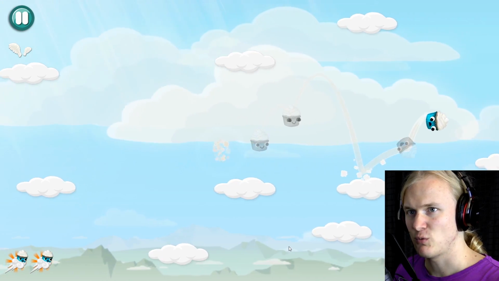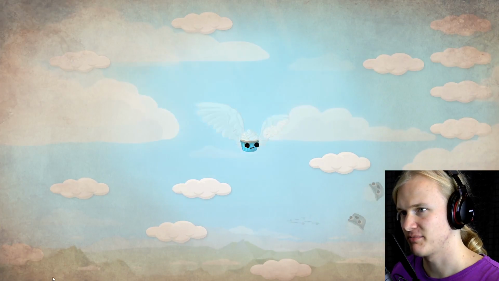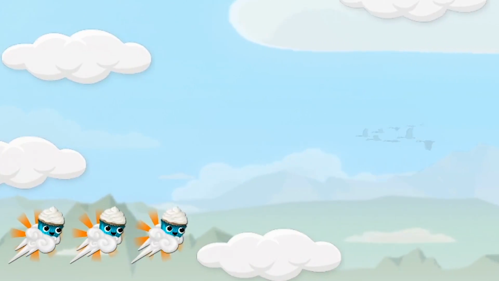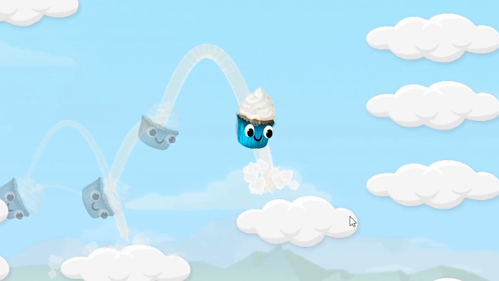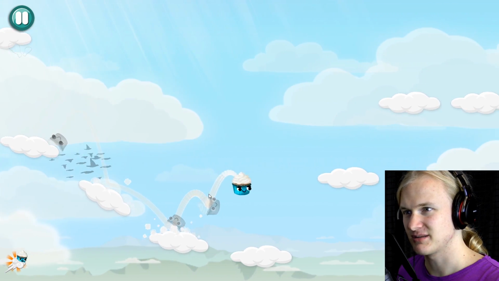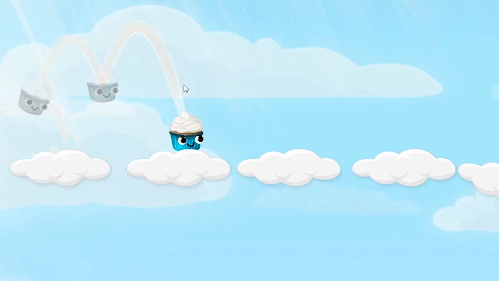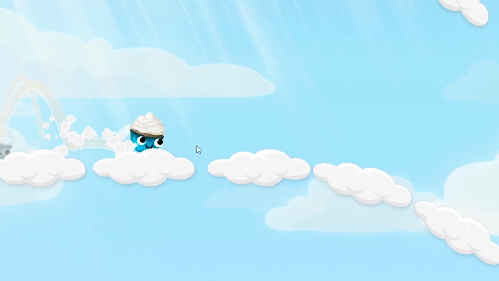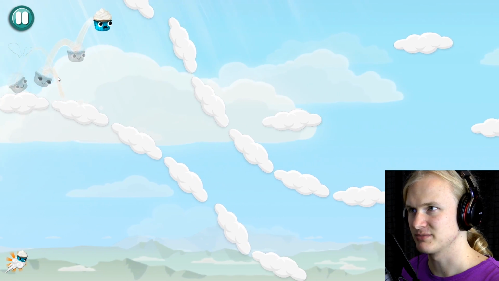Damn it! One thing I'm wondering about is why you show my remaining jumps in the bottom left corner. Wouldn't it be better to have the amount of jumps somewhere near your character so you don't have to look back and forth as much? Perhaps the amount of cream on your cupcake or something like that could represent the amount of remaining jumps you have. I feel like you could have some sort of clever visual representation here on the cupcake that just shows me how many jumps I have remaining.